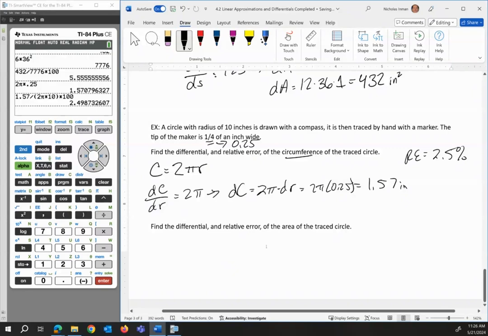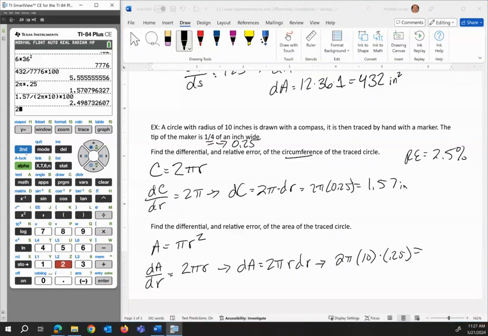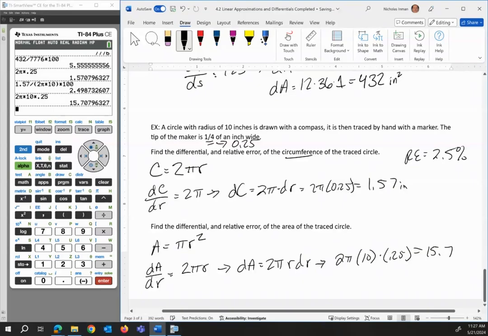All right, to find the differential and relative area of the traced circle. All right, well, the area of a circle, pi r squared. Derivative there would be 2 pi r. So our differential for the area would be 2 pi r dr. Now we know the radius is 10 and our error on the radius is 0.25. So our error differential, 2 pi times 10 times 0.25, means we have about a 15.7 square inch